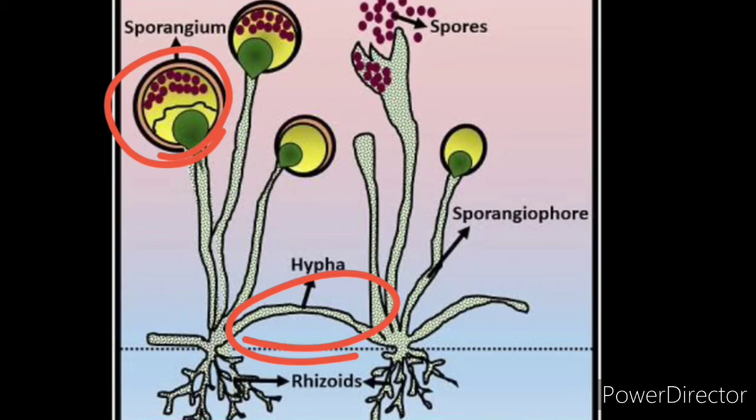Each nucleus with a small amount of cytoplasm, because it needs cytoplasm to develop into a new spore, isn't it? So, with the small amount of cytoplasm, it develops into a spore, and this spore again develops into a new hypha, and this falls on the ground and develops into a new individual, right? So, this is how asexual reproduction takes place, and this is called spore formation.